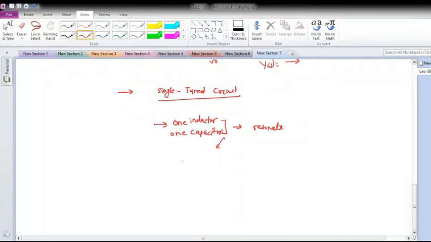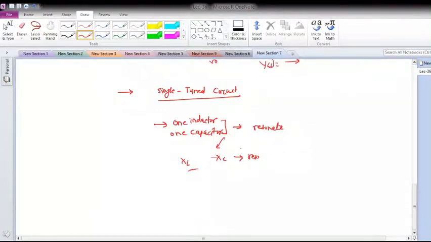That is, the reactance of inductor is positive and reactance of capacitor is negative, such that they show that there is no reactance at a particular frequency. Okay, so basically this is the phenomenon of resonance, where the reactances of the inductor and capacitor are equal. Resonance means your tuned circuit. So now I can define a tuned circuit as that circuit which has resonance at a particular single frequency. So this can be formed by one inductor and one capacitor.